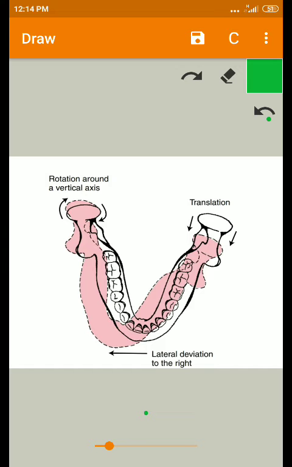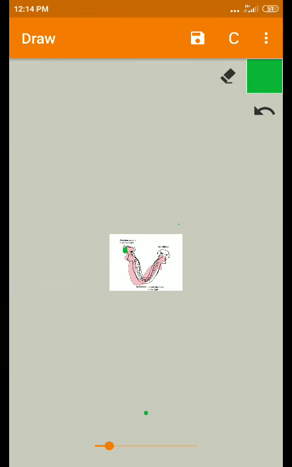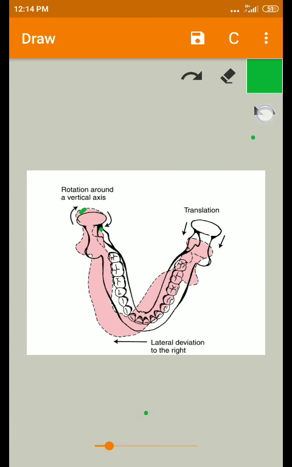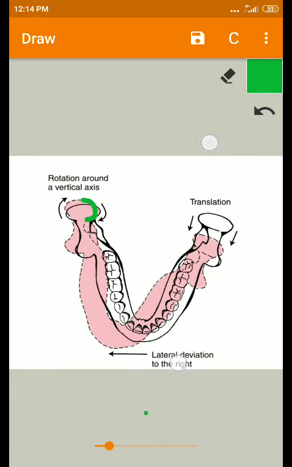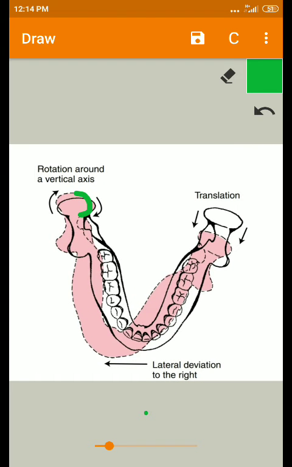That means, in moving around a vertical axis, one condyle spins. That means in the mandibular fossa itself, the condyle is going to spin, and the other condyle is going to translate